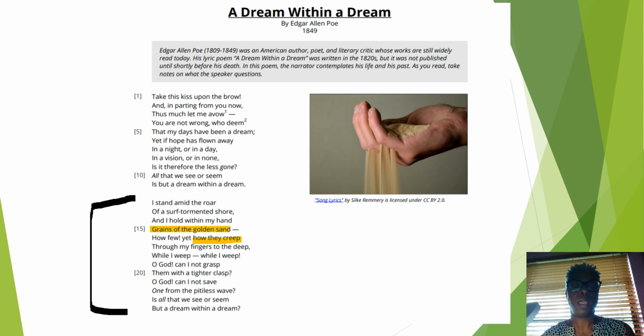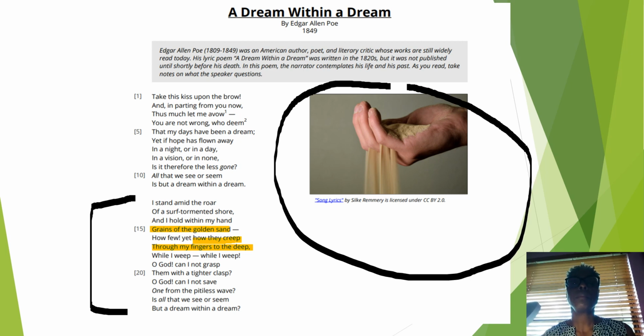So here we see it says, through my fingers to the deep. So I can relate and visualize this situation, and I'm sure you can too. We all have gone to the beach and picked up as much sand as we can hold in our hands, and within seconds they slip through our fingers, just like we see right here in this picture. Okay,